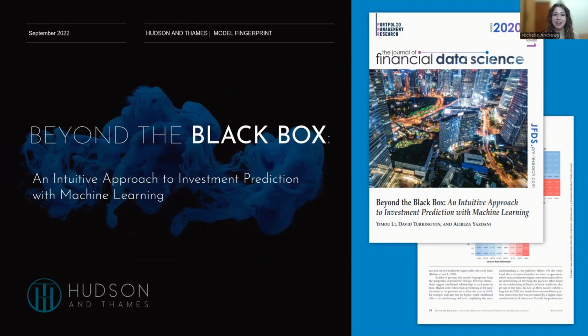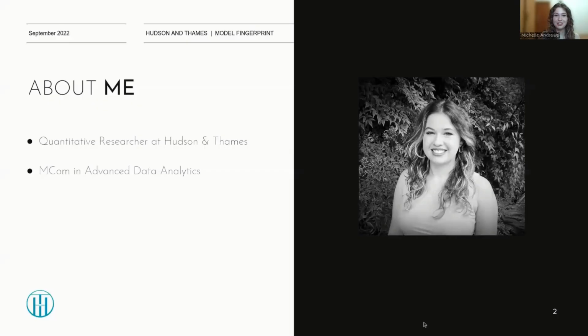And in this reading group today, the model that we'll be exploring is called Beyond the Black Box, which provides us with an intuitive approach to our investment predictions using machine learning models. And this specific paper is from the Journal of Financial Data Science, and I, Michelle Andrews, will take us through this paper today. I am a quantitative researcher at Hudson and Thames, and I also have an MCOM in advanced